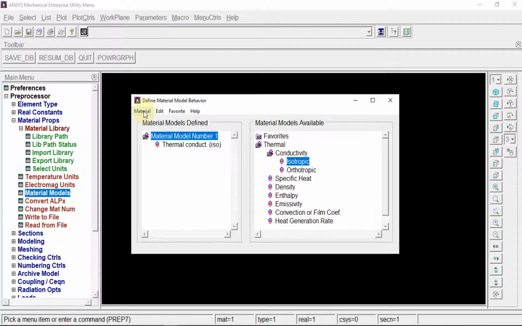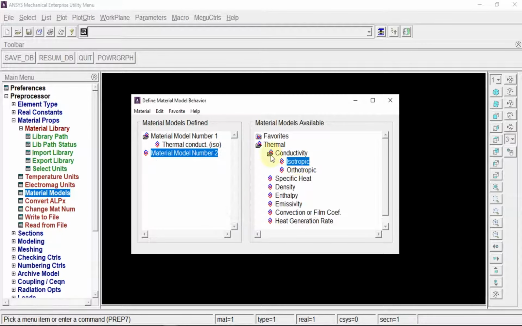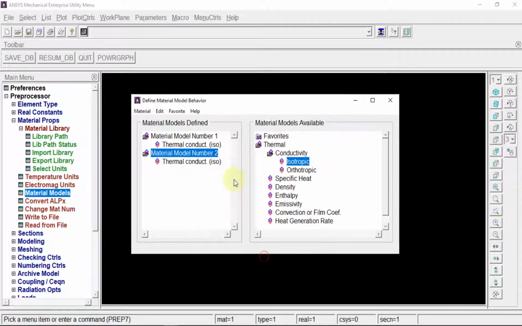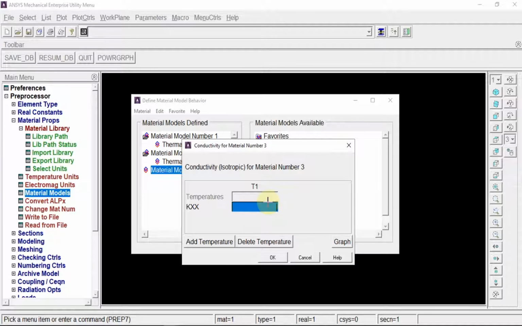Okay, go for next model, that is also thermal conductivity isotropic, and for that it's given 0.074. Okay, create another model, conductivity and 0.72.